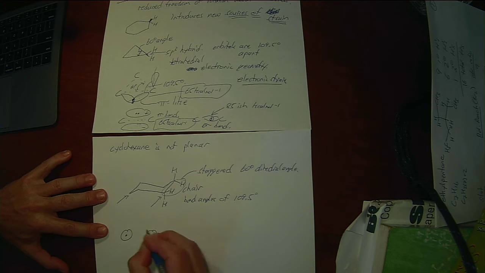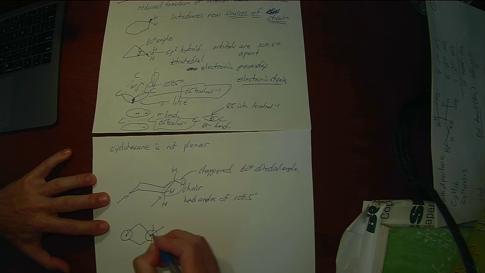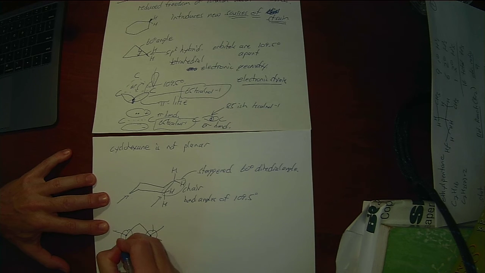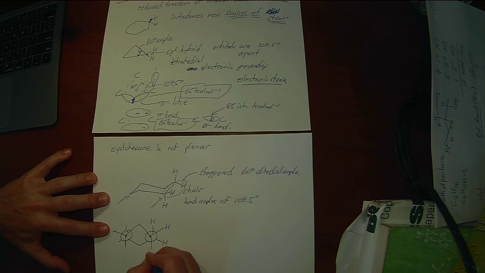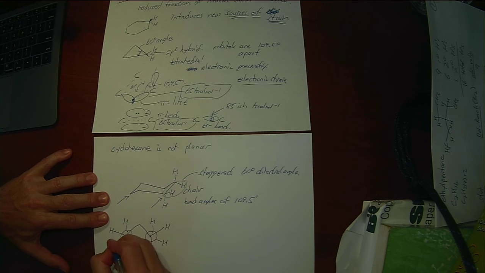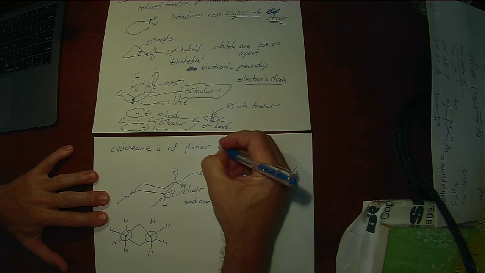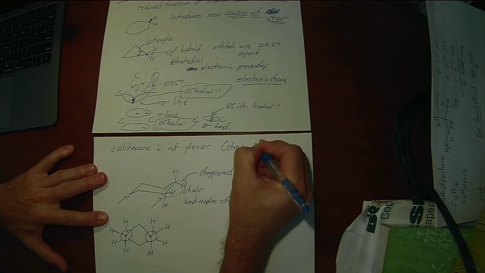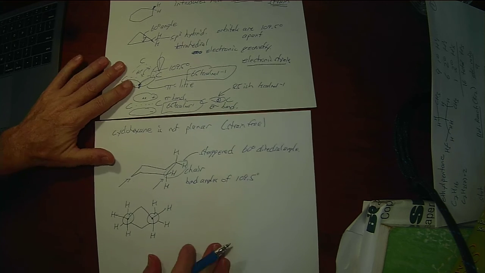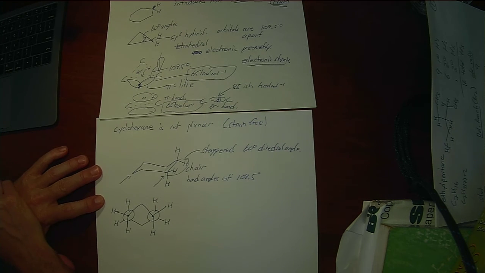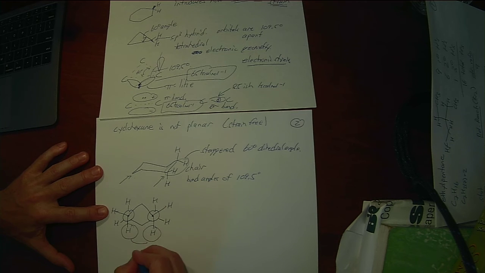And you can, right, so I've got this carbon here coming up, and then this carbon there kind of going back, and then I can fill up the rest. So these hydrogens that I've drawn here, you'll notice that's completely staggered. Everything's a 60-degree dihedral angle. So it's strain free. There's no bond angle strain, because when I go into that chair conformation, I make the bond angle 109.5, which is the same as the orbital angle, and I also, in the axial positions,